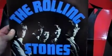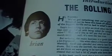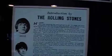And then later, the blue version, the Rolling Stones in blue, the 1964 program, was released in blue. And if you look on the inside, we could see there's Mick's name under Mick's head, and here's Brian's name under Brian's head. This was the re-release. But prior to that, on the pink one, and I have an autographed copy here that I got from a record dealer in California, you could see on the pink one, you've got Mick's name